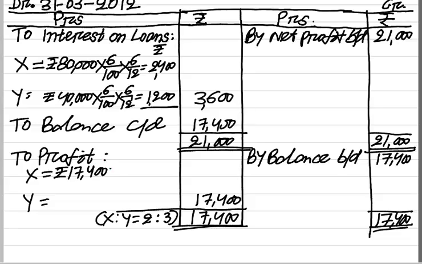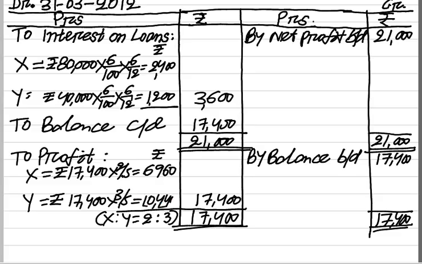17,400 into 2/5, that is rupees 6960 for X, and for Y this is 17,400 into 3/5, that is 10,440. And in case of case 2,